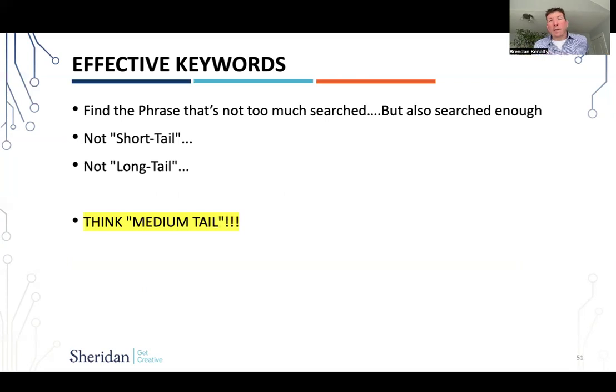So we kind of call this the medium tail, right? It's got enough words in the search query or in the phrase where you're narrowing it down to less than 500,000 results, or even less than that, 50,000 results, but you don't want too many words where it gets too tight. Like, if you had 10 words in it, now it's too long a tail. No one's going to type that, because the balance is how many people will actually type that in.